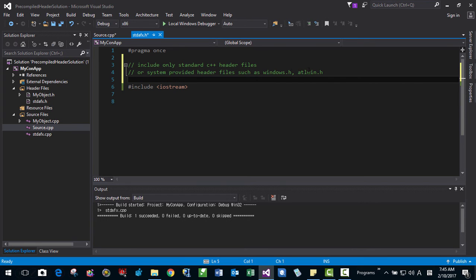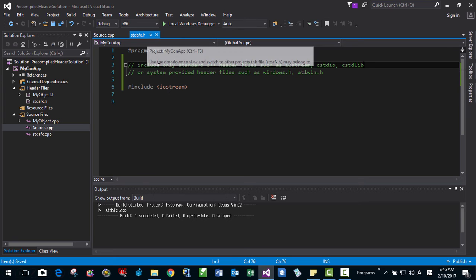These are system provided header files in case of Visual Studio, and such as iostream or cstdio or cstdlib. These are C or C++ standard libraries. We include only these files. Okay, so in stdafx we don't include